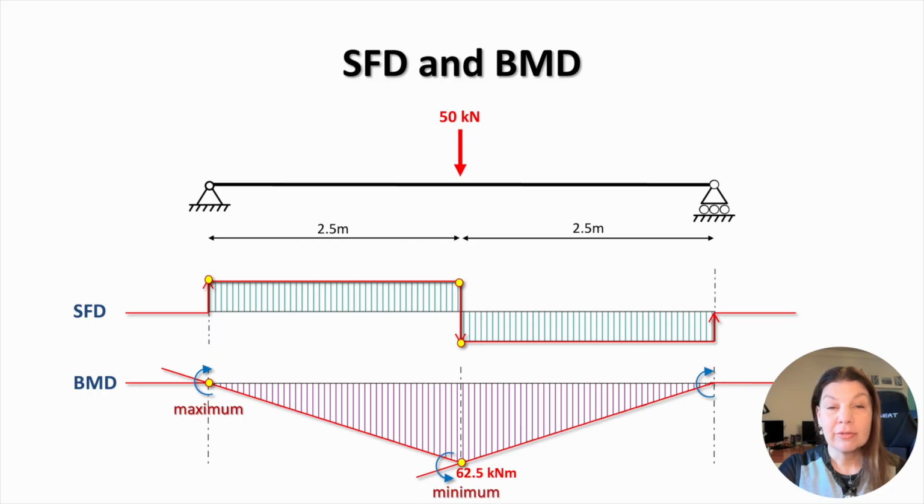At mid-span, the shear force diagram crosses zero by moving downwards, and therefore the bending moment diagram develops a minimum at this point. And at the right support, the shear force diagram crosses the zero level by moving upwards, and therefore the bending moment diagram also develops a maximum at this point. Since the structural geometry and loads are symmetric, the shear force diagram is antisymmetric, and the bending moment diagram is